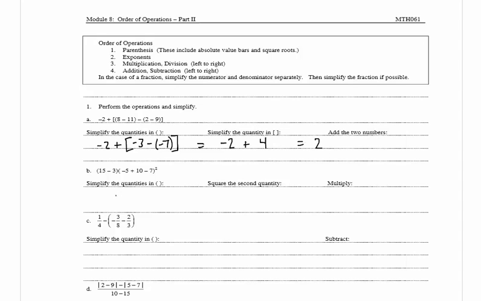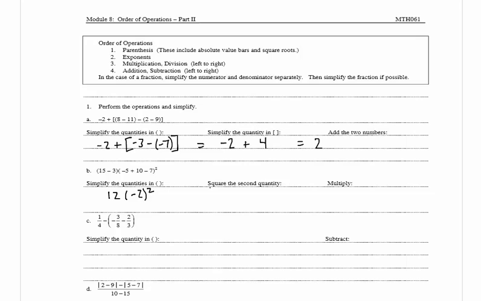In B, we have 15 minus 3 times negative 5 plus 10 minus 7 squared. And the first thing it wants us to do is simplify the quantities in the parentheses. 15 minus 3 is equal to 12, times negative 5 plus 10 is 5, minus 7 is negative 2, and